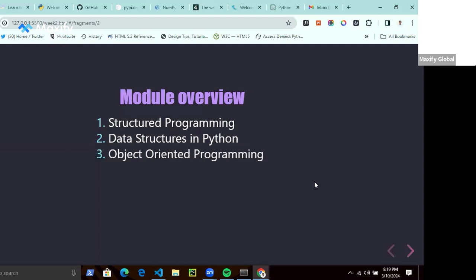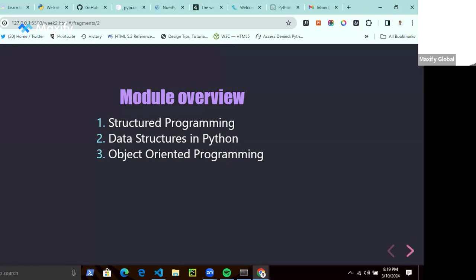Then we're going to look at object-oriented programming. Essentially, it's a programming paradigm that deals with objects, how computers understand the world. Aside from object-oriented programming, we have functional programming and procedural programming, but in this session we're going to look at object-oriented programming.